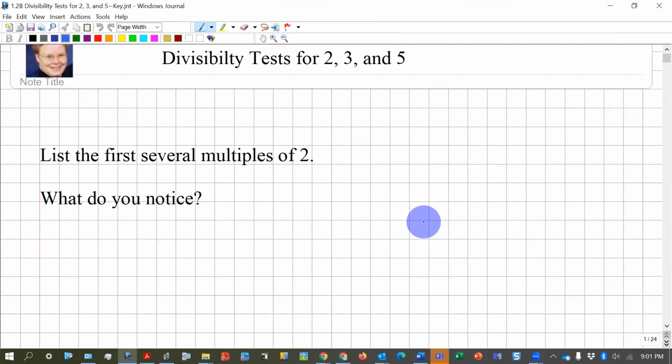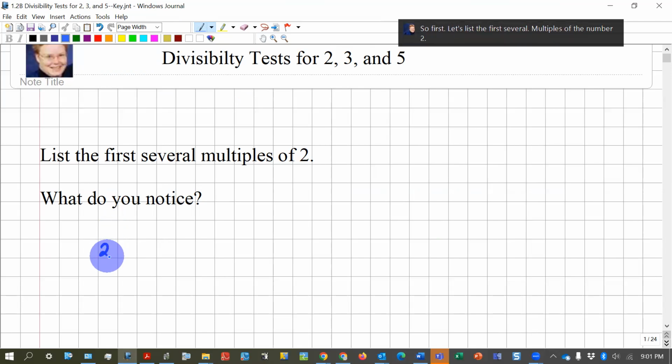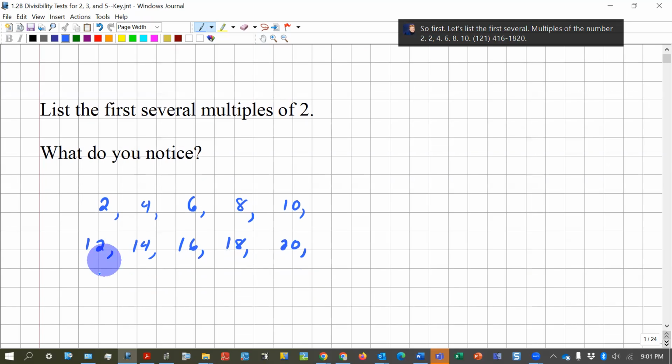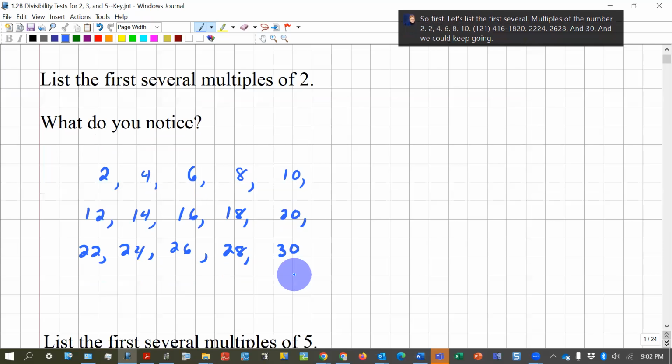So first, let's list the first several multiples of the number 2. 2, 4, 6, 8, 10, 12, 14, 16, 18, 20, 22, 24, 26, 28, and 30. And we could keep going, but